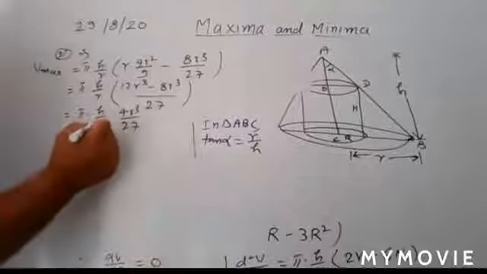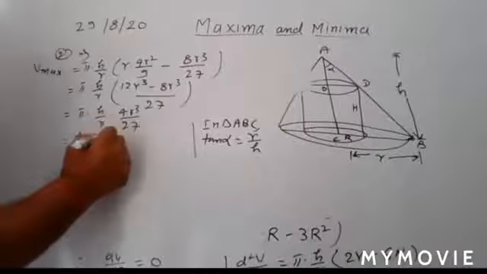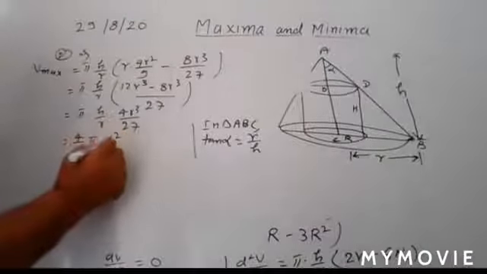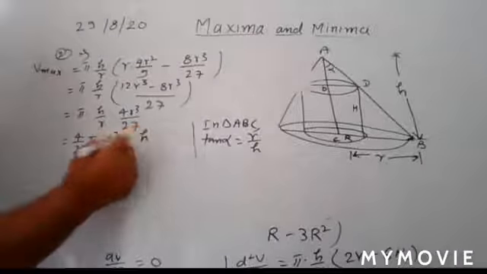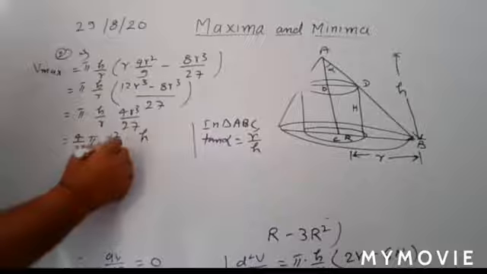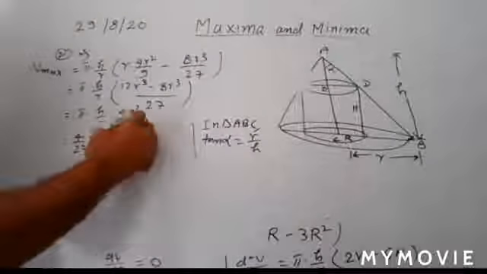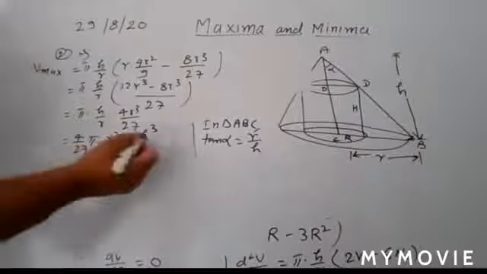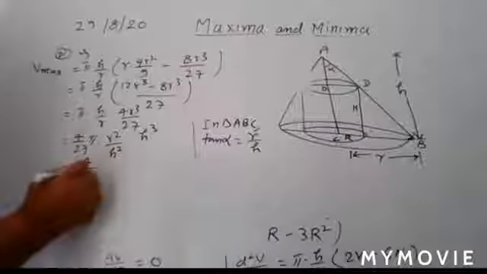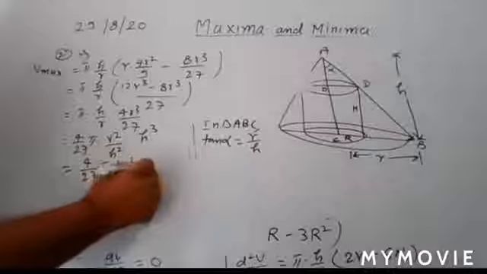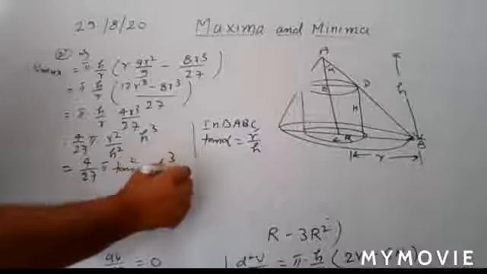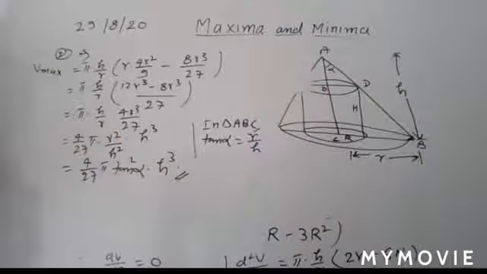Okay. So here you cancel it. So here you have r square, and here you have r square and h, and you divide here by h square. So multiplying also, that becomes h cube. You can write it in this way: 4 upon 27 pi tan square alpha into h cube. So this proves that this is the value of the maximum volume of the cylinder.